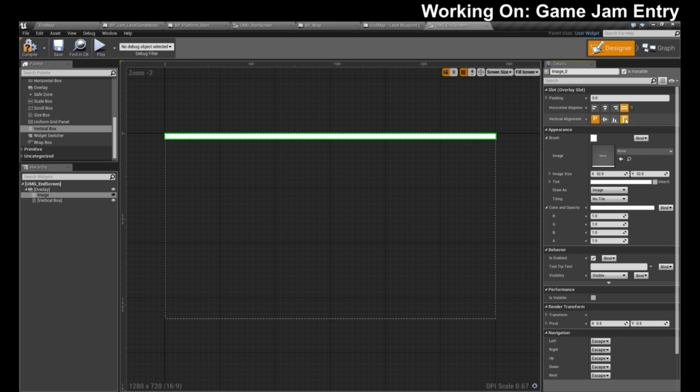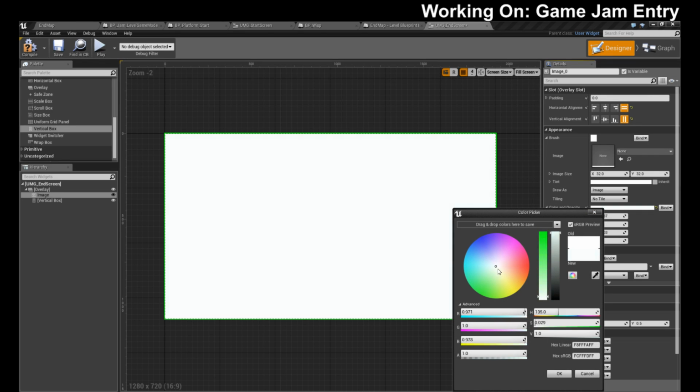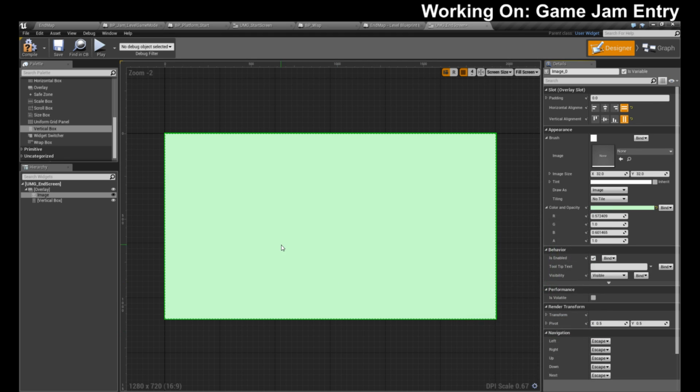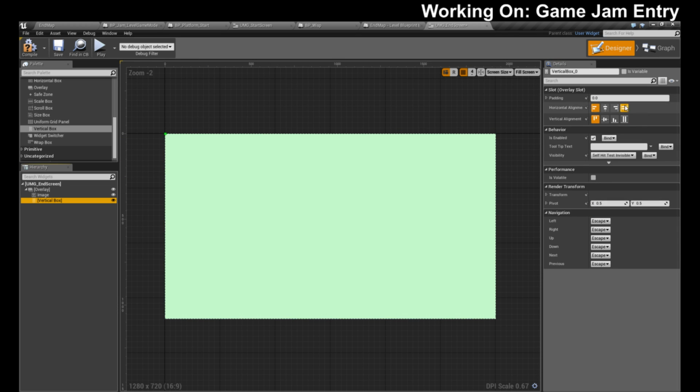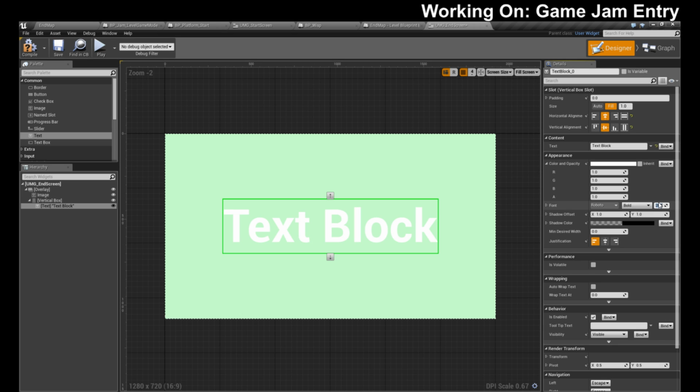And our image is stretched, and we're gonna go with a green color. Stretch our vertical box. Slap some text in there. Center our text. Fill.